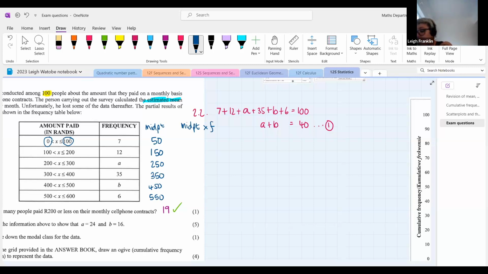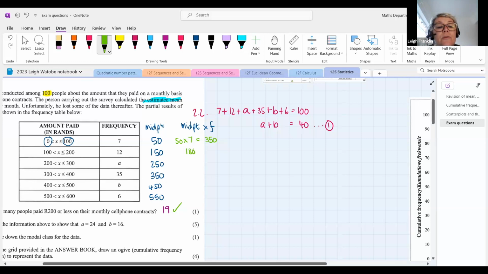Please mute. Thank you. You take the midpoint and you multiply it by the frequency. So in other words, to get this value over here, I'm going to multiply 50 by 7. That's going to leave me with 350. You guys will remember how to do this when we've gone through it, all right? So the next one we're going to have to say 12 times 150. That gives us